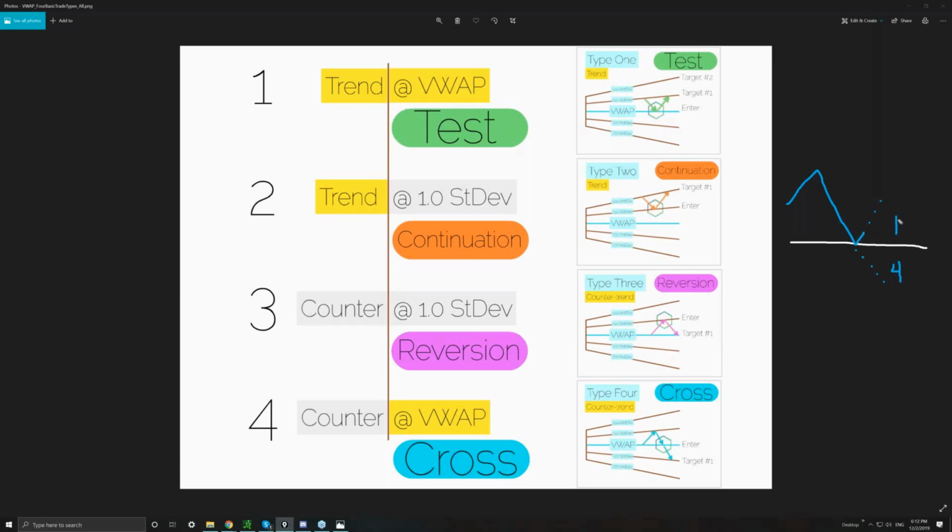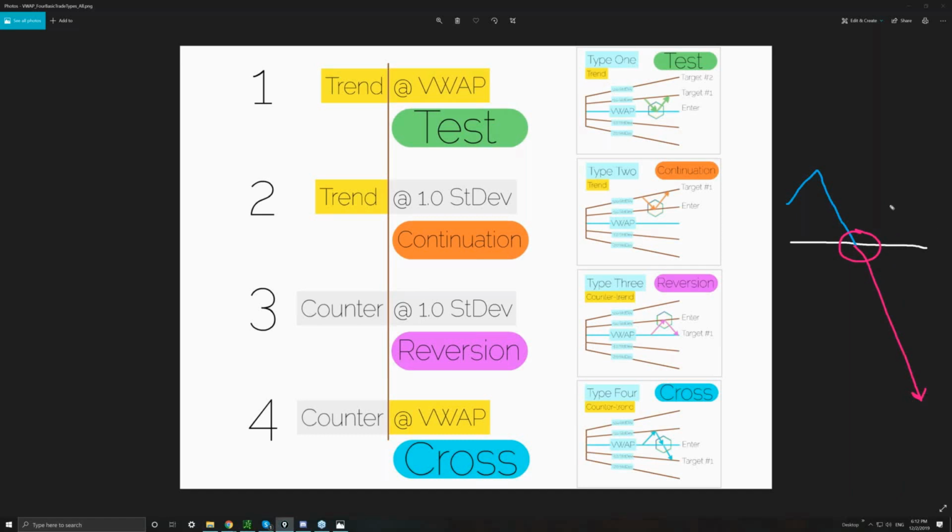We're going to either see it start bouncing, more like a type 1 trade, or it's going to cross below and start maybe consolidating below, which would mean more of a type 4 trade. The key here is that for a type 4 trade, meaning when we actually cross the volume weighted average price, here, let's clean this up a little bit. We actually cross the volume weighted average price, what we expect to see is like a lightning bolt to the downside,